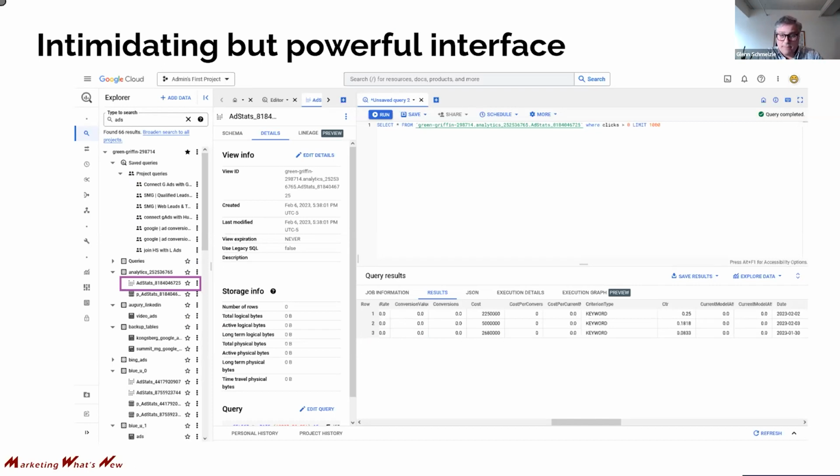So we have no worries there, but we do want to watch how much we're using. And then finally, I mentioned SQL before. In the right-hand column here, we have a SQL statement that is saying, hey, add stats 81840467225. I want to know all the information that you have where, and in this case, we're looking for something that we want all the rows where there was at least one click, and off it goes and gets the results for us.